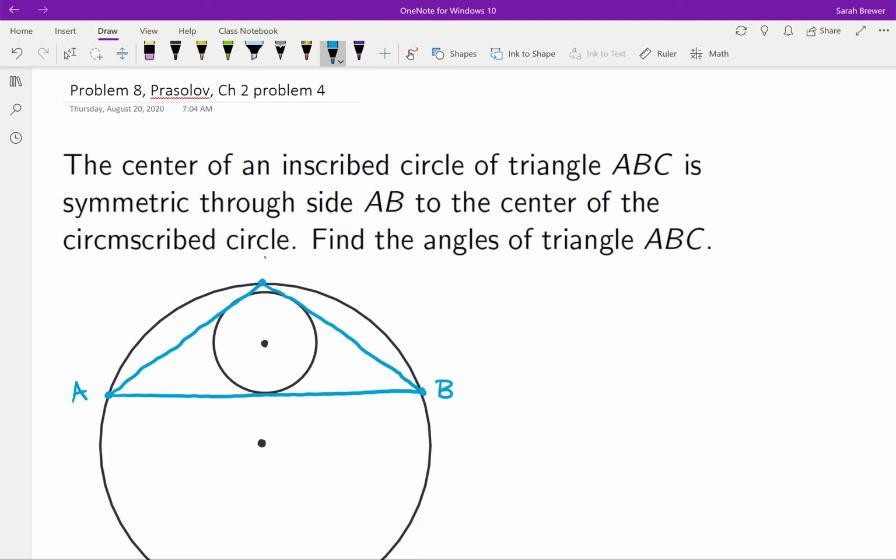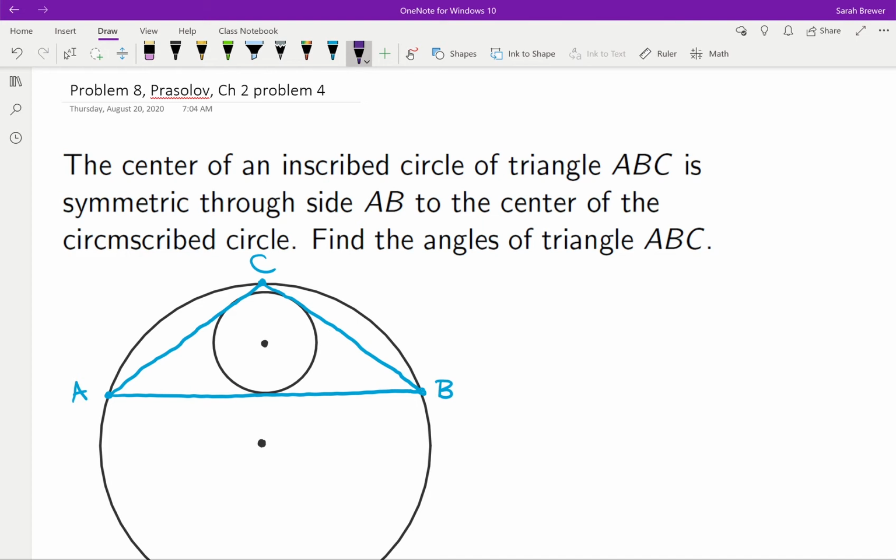Triangle ABC with both an inscribed circle, so that's this little circle inside that triangle that tangents each of the three sides, and we have a circumscribed circle about the triangle, so that's the large circle that passes through all three vertices of that triangle. And the only information that we're really given here is that the centers of those two circles are symmetric with